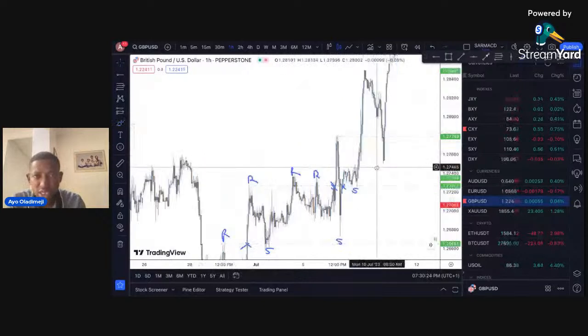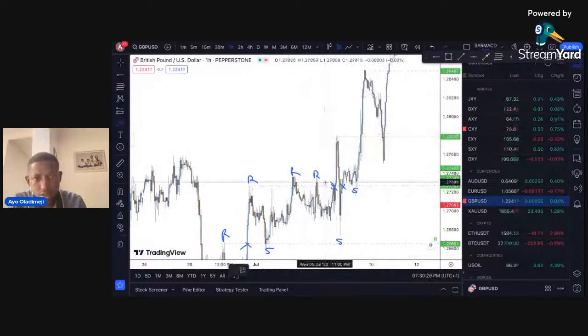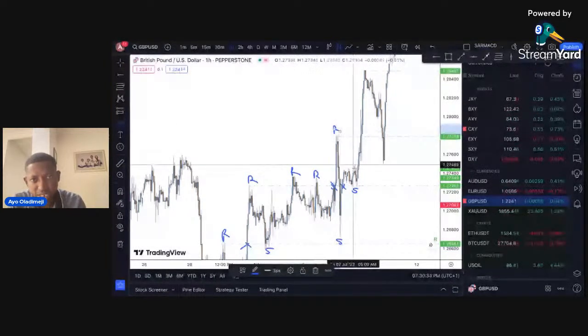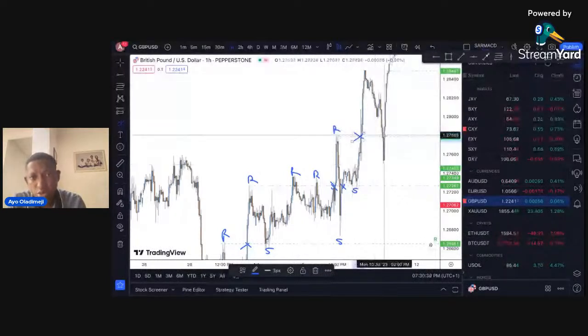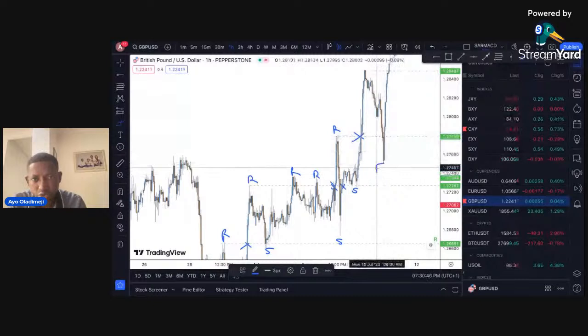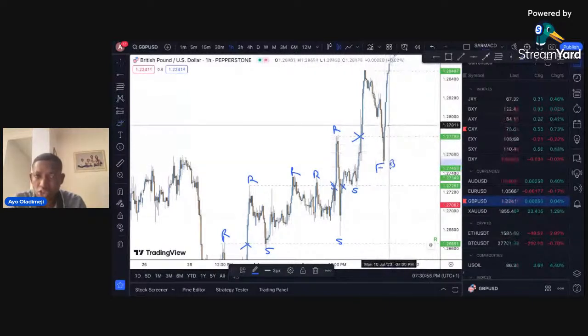And then this new level here became a resistance. And then we see price breaking through it. Whenever it came back, we expected it to be a support, but it did not hold. This break was a false break. We call it a false break, FB. Why? Because after it broke through, it did not continue to come down. Instead, it reversed and then continued to go up.